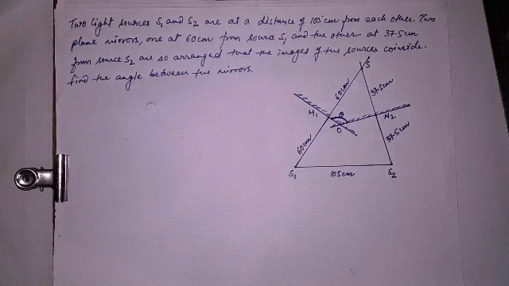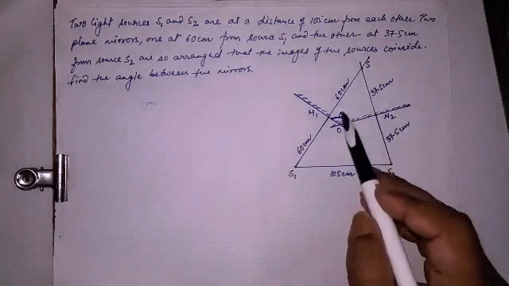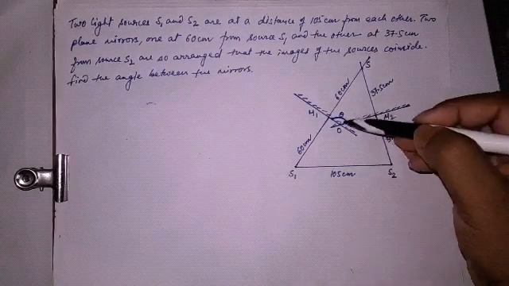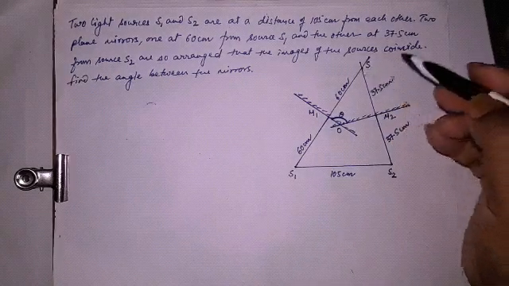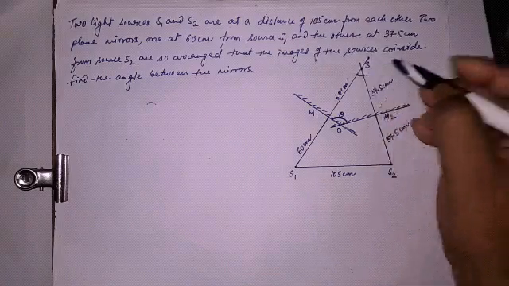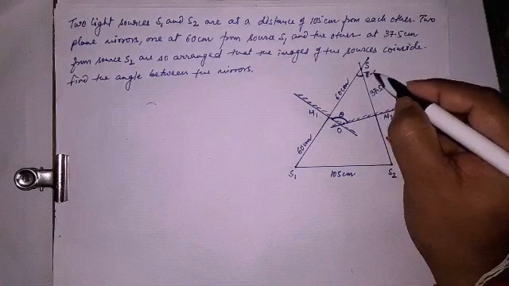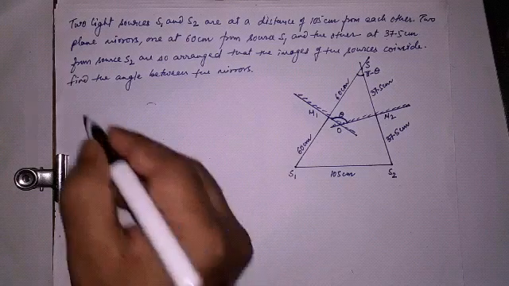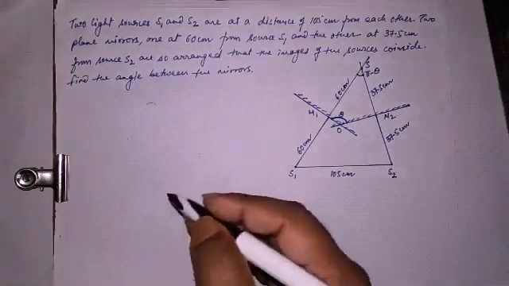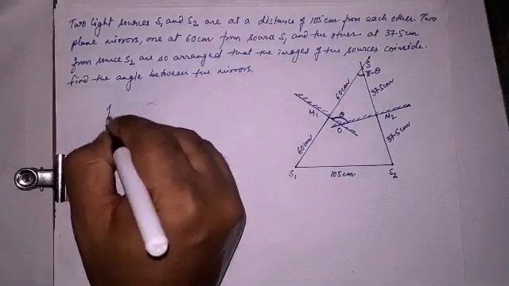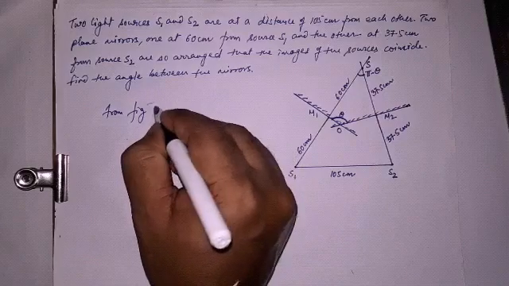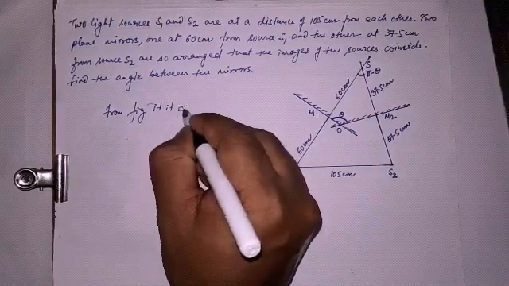Now we see that SM1OM2 is a cyclic quadrilateral because the sum of the opposite vertices is 180 degree. Therefore, the sum of the other vertices should also be 180 degree. Therefore, this angle becomes pi minus theta. Now, what we'll write is that from the figure, it is evident, it is clear